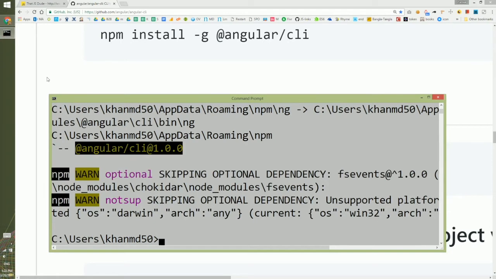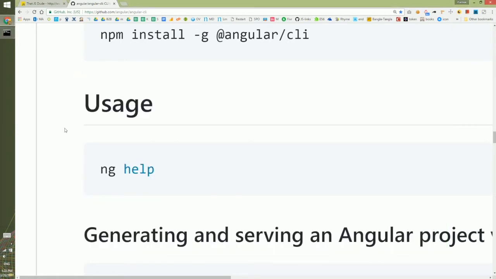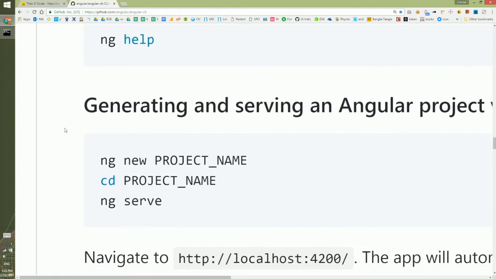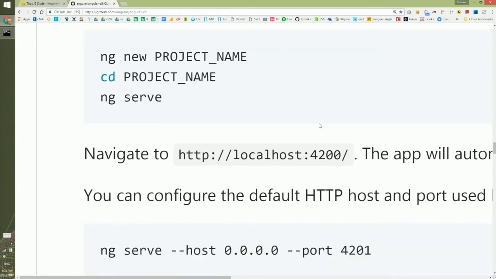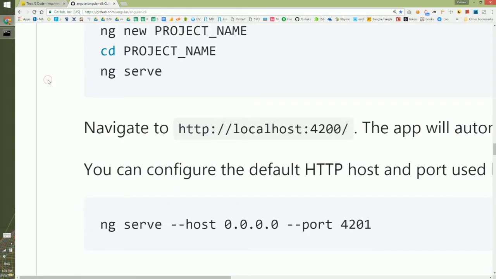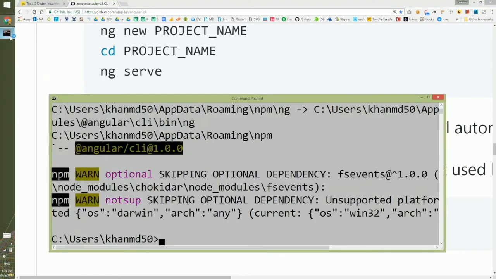When the CLI installation is done, we will go to the GitHub page, and if we scroll a little bit, you will see generating and serving an Angular project, and we will follow the next steps written here. So our second step is to create an Angular 2 project by using this command ng new and then the name of the project. So we will go back to the command line and type ng new, give a name to our project,